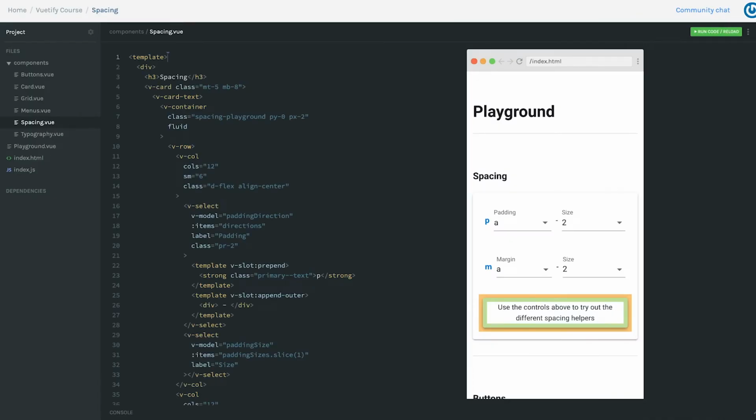Now let's explore some of the spacing classes that Vuetify offers. By this, I mean margin and padding on elements. Before I show this demo, I want to go over the basic margin and padding classes that Vuetify offers just